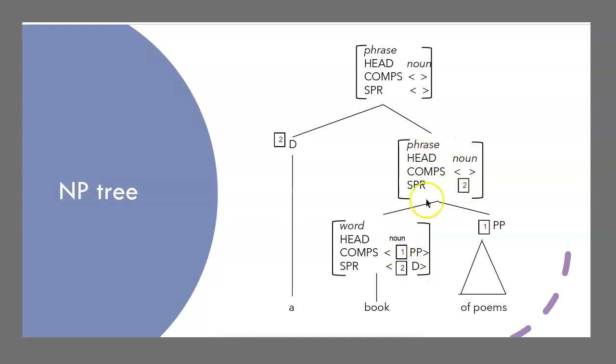So what is the phrase? What is the head value here? Again, verb. So this phrase is nothing but a verb phrase in the case of a verb. A verb phrase is an unsaturated phrase because its specifier is not combined with the phrase yet. So a verb phrase is unsaturated. When the subject noun phrase combines with this, the specifier value becomes null or empty, the comps value is also empty, and the head value is the same verb. So here the phrase will be a verb phrase actually, but it is a sentence.